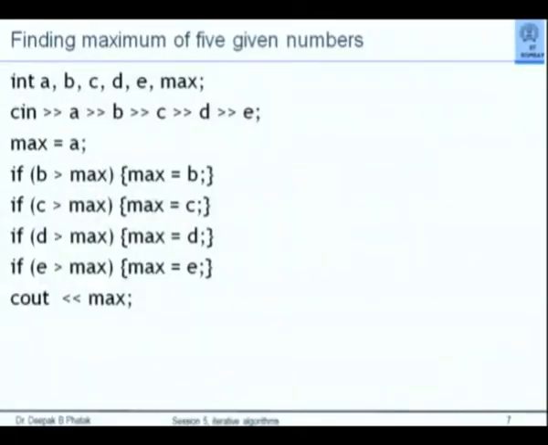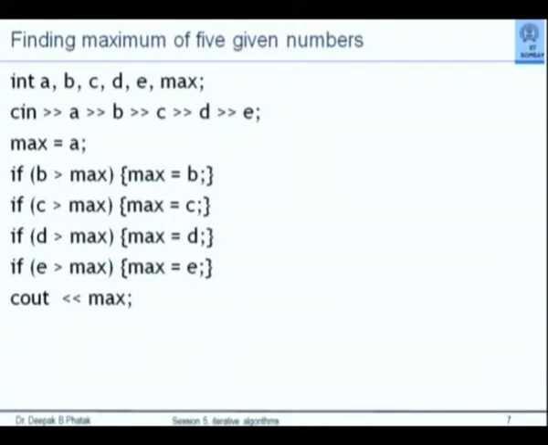And we observed that if we had to do it that way for even 4 objects, we would be completely confused. But we saw an alternate way of doing things, and it turns out that this way is extendable. It is in this context that we had seen that if I have to find out the maximum of 5 numbers, the best thing is to read a number, assign it to be the current maximum. So we say max is equal to A, and then keep comparing with this max every other number. So the next instruction says, is B greater than max? Set max to B. Is C greater than max? Set max to C, etc.